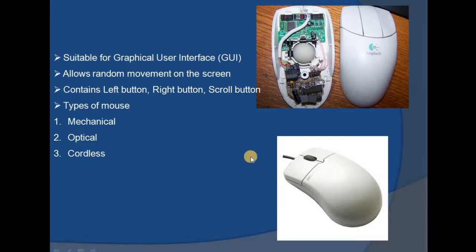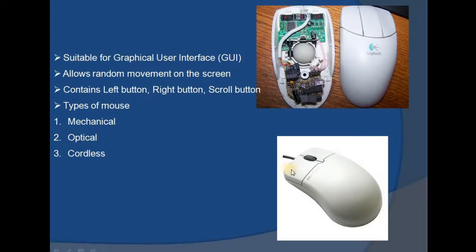And we have different types of mouse like mechanical mouse, optical and cordless mouse. Below this, if you observe, this is the internal diagram of the mouse. It consists of a small IC connected by some wire cables, and it has a wheel, or you can say a ball. The moment you move this mouse on the table or on the surface, the ball will rotate on the table or on the pad. As it rotates, you can move the cursor, or place the cursor at a particular position.